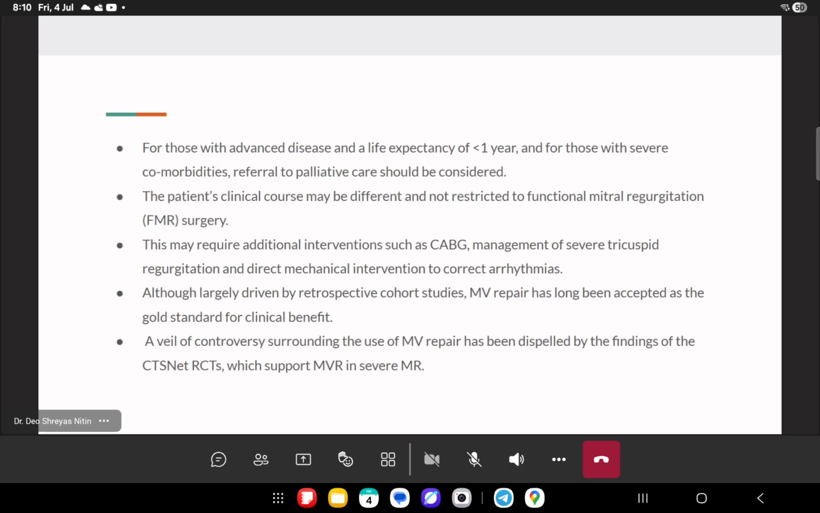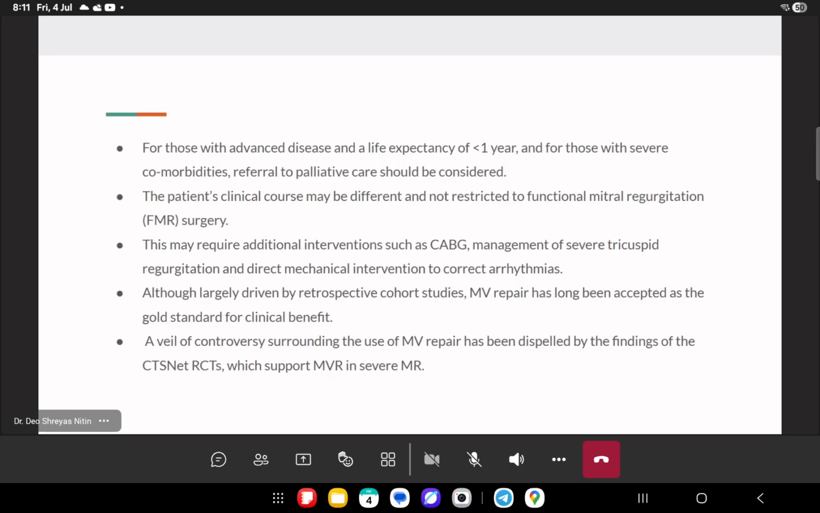The patient's clinical course may be different and not restricted to functional mitral regurgitation surgery. This may require additional interventions such as CABG, management of severe tricuspid regurgitation, and direct mechanical intervention to correct arrhythmias. Although largely driven by retrospective cohort studies, mitral valve repair has long been accepted as the gold standard for clinical benefit. A wheel of controversy surrounding the use of mitral valve repair has been displaced by the findings of the CTSN RCT, which supports